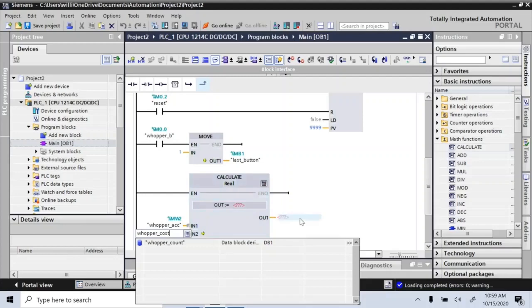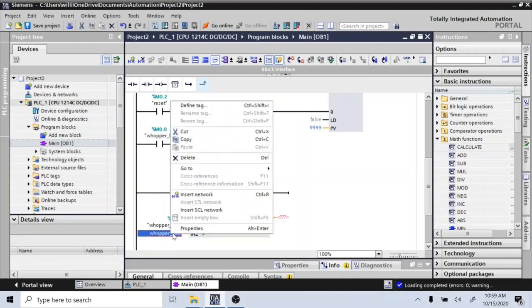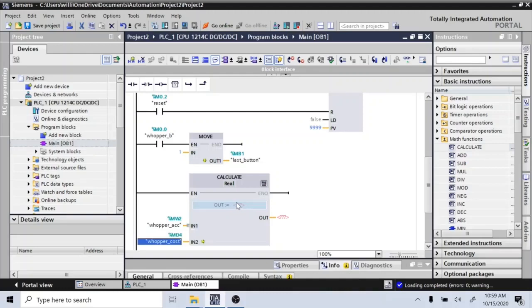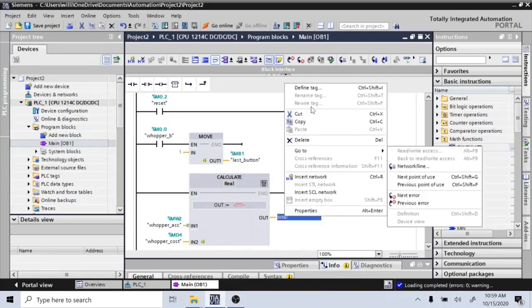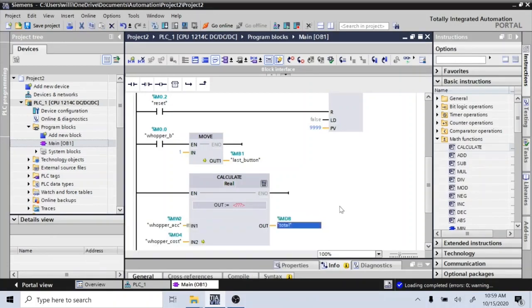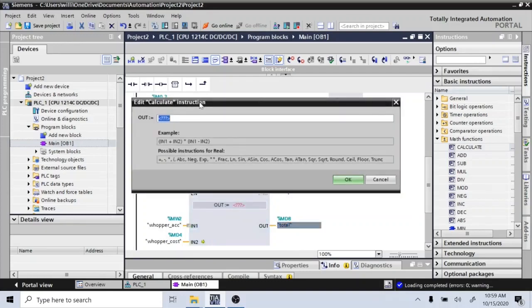So I've got this thing called cost, which you have to define. This one we're going to define as a real. Okay, and the output is going to be what we're going to call the word total. So it's going to be a real also. Okay, so expression is what? N1